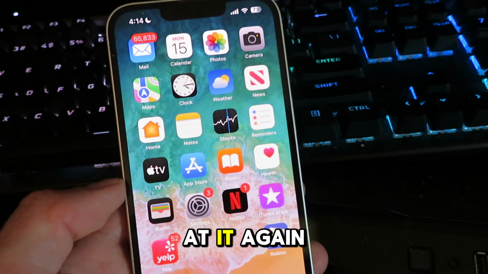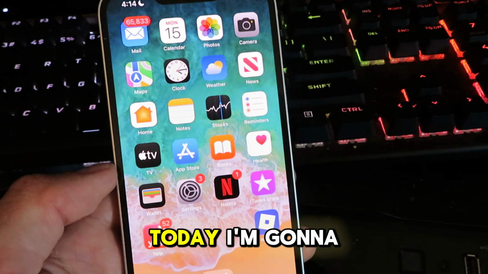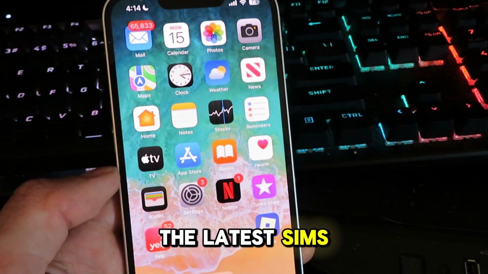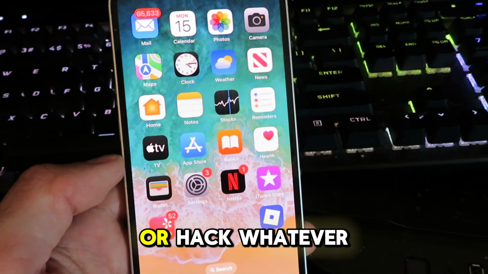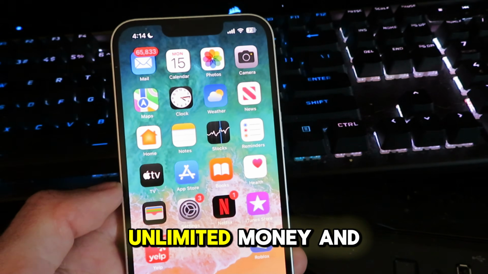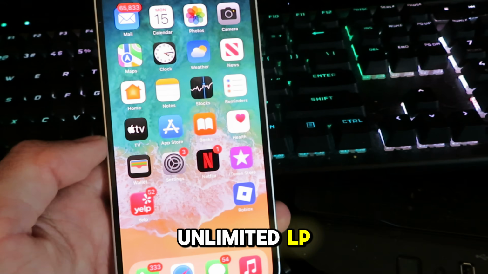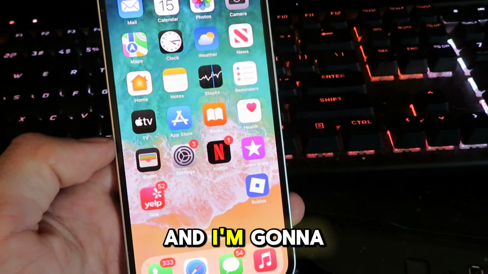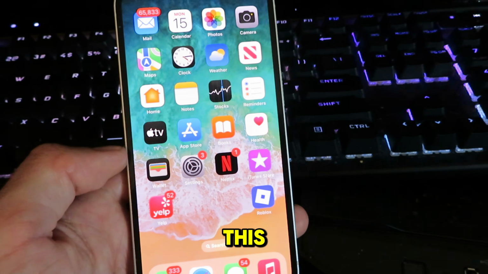I am back at it again with a brand new tutorial. Today I'm going to be bringing you the latest Sims FreePlay mod or hack, whatever you guys want to call it. This will allow you to get unlimited money and unlimited LP. This is super fun to play with, and I'm going to show you exactly how to get this on your